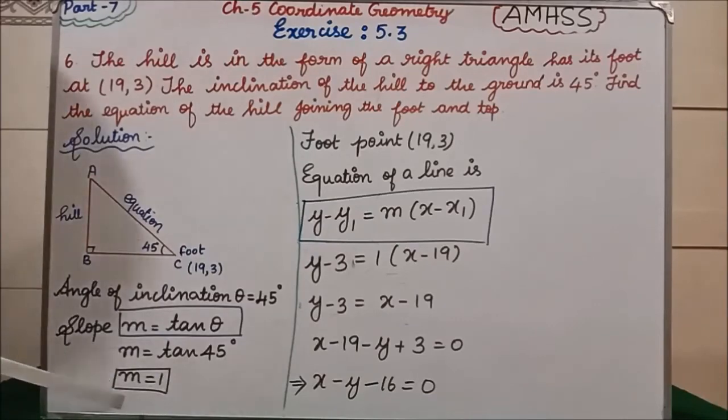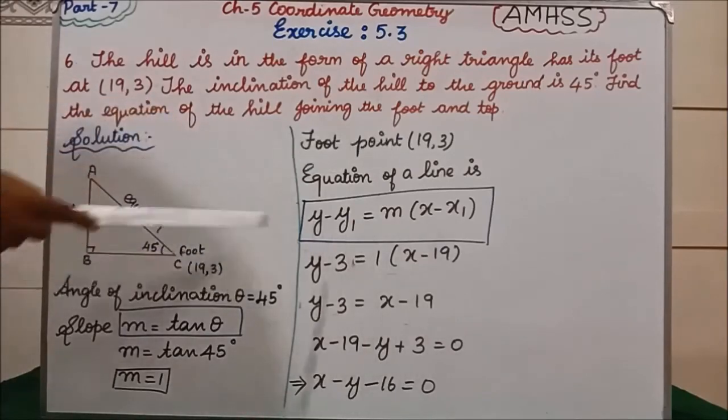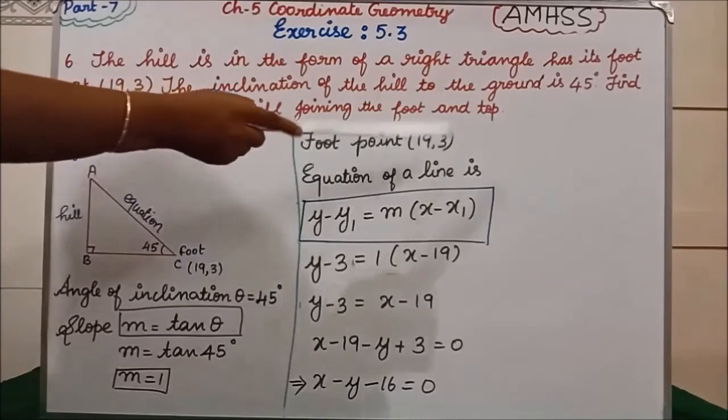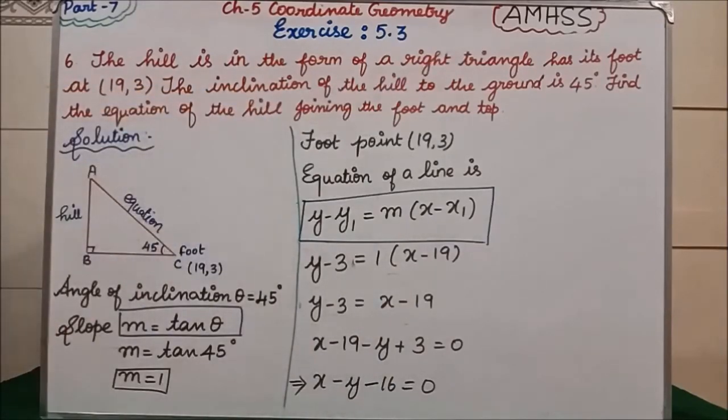Now we have one slope and one point. I told you in part 7, starting introduction, one point and slope, what is the formula for the equation of a line? y minus y1 is equal to m into x minus x1. If one point and slope are given, we apply this formula. Here, this is our x1, this is our y1. If you need, I can write it at the top. You can also write it in pencil.